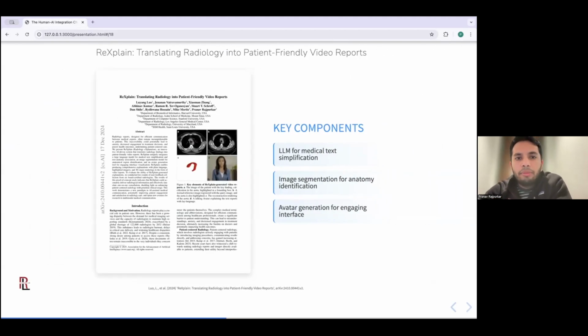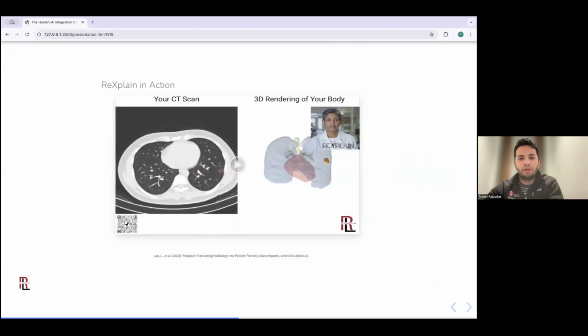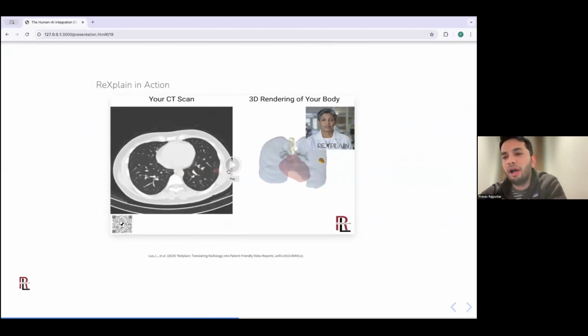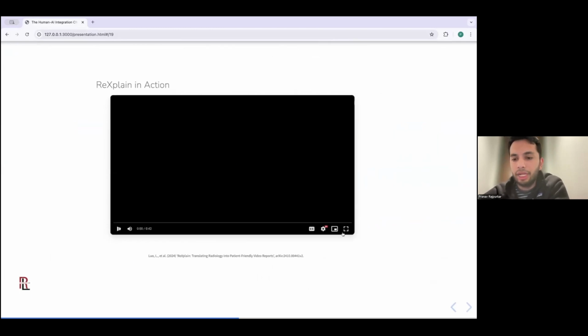The work that I'm going to be using as an example of this is the Rexplain work from our group, which thinks about how we translate radiology reports into patient-friendly formats. And so I want to share with you an example of how a radiology report is going to be communicated with patients in the modern day.